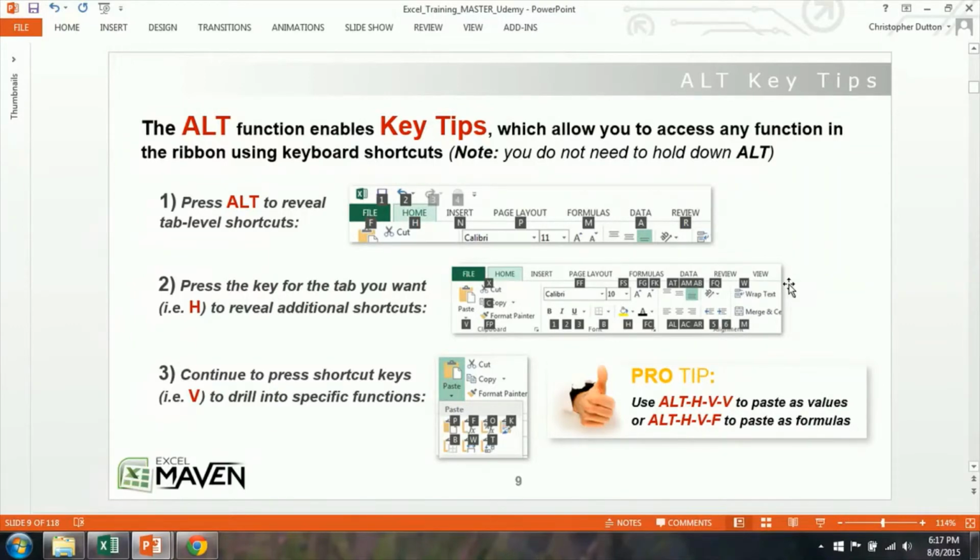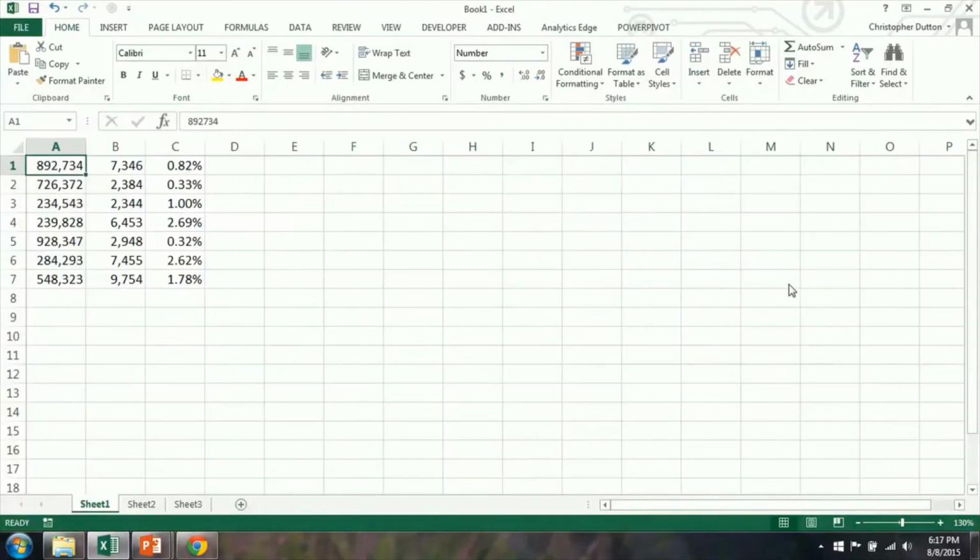Two that I use way more often than any others are Alt-HVV and Alt-HVF. Alt-HVV paste special as values, Alt-HVF paste special as formulas. So I'll show you another quick example. Right now our values in column C, these are all formulas. I can select all those, hit Control C to copy them, and then with D1 selected, instead of going into paste special values,